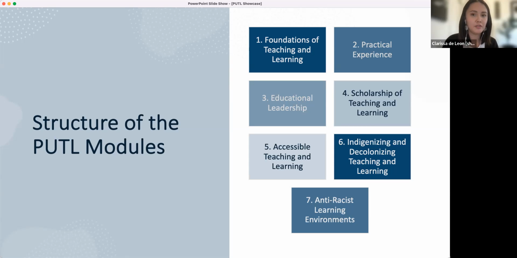This is an opportunity for you to engage in questions about teaching and learning in a kind of exploratory way. Some of these self-directed learning tasks include things like research on your own. Module 4, Scholarship of Teaching and Learning, involves you identifying something that you're interested in relation to teaching and learning, doing some research yourself, and starting to engage with what research is out there in terms of higher education. That's one example of a self-directed learning task.